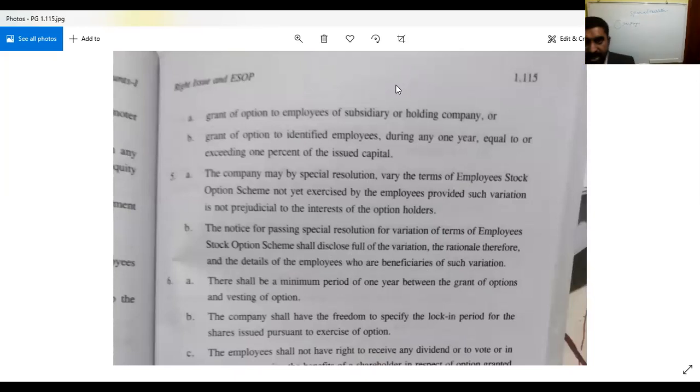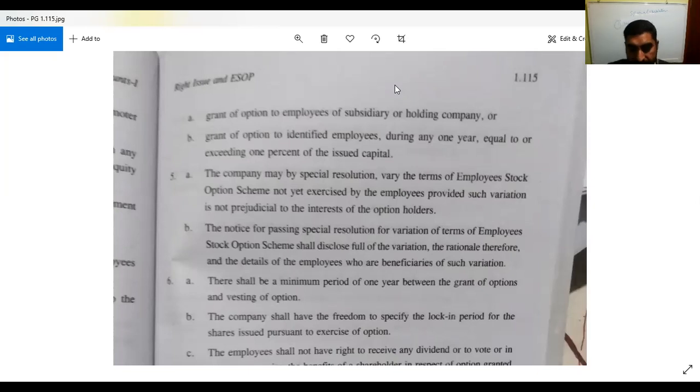A holding company or subsidiary company, okay, അതിനുള്ള എംപ്ലോയീസിന് they are having a grant of option. അതായത് ചില അവർക്കൊക്കെ ഒരു സ്പെഷ്യൽ ഇതുണ്ട്, പവർ, അല്ലെങ്കിൽ അവർക്ക് ഒരു എന്താ പറയുന്ന ഒരു ഇമ്പോർട്ടൻസ് ഉണ്ട്. അവർക്ക് കൊടുത്തതിന് ശേഷമേ, ഇങ്ങനെയുള്ള കമ്പനീസിന്റെ എംപ്ലോയീസിന് പ്രൊവൈഡ് ചെയ്തതിന് ശേഷമേ ബാക്കിയുള്ള ഇതിന്റെ ചെയ്യുള്ളൂ. അതാണ്. So a grant of option to the identified employees during any 1 year equal to or exceeding 1% of